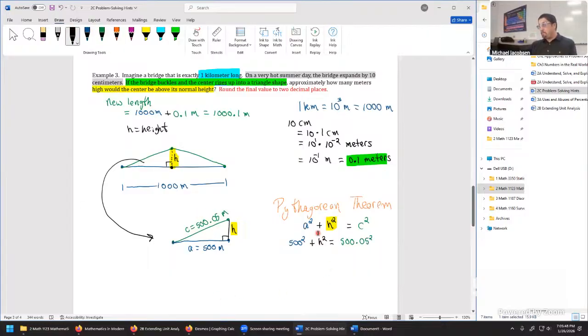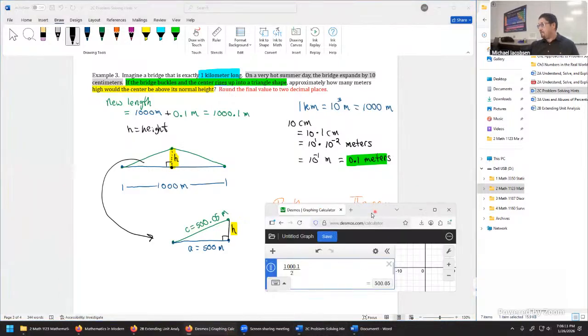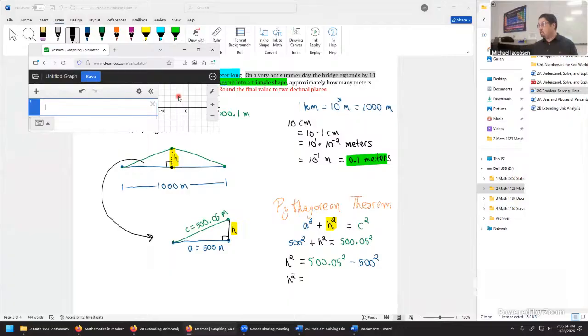Now we can organize this a little bit easier to put in the calculator if we subtract that 500 squared. Write in next, h squared equals 500.05 squared minus that 500 squared. And now we're ready to drop this into the calculator. So take 500.05, raise it to power 2. The power 2 button is like an up arrow you see in your calculator. Up nearby, I think it's above the square root button. Minus 500 and square it. And we get